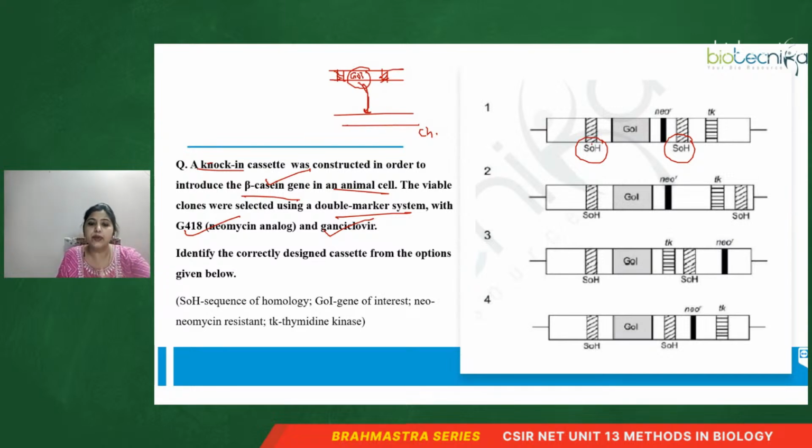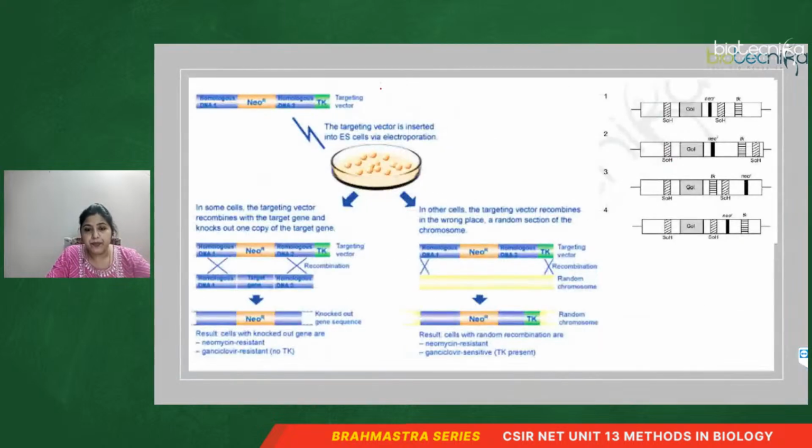Our desirable result is we want to introduce a gene of interest at a desired location, at the targeted place in the chromosome, right? So remember, the cassette we have to construct is very important, and this is how your cassette should be. Actually, a sequence of homology is needed for homologous recombination, which is a traditional method of performing gene knockout and gene knock-in, where we exchange the genetic material. In homologous recombination, exchange of genetic material happens between this sequence of homology,